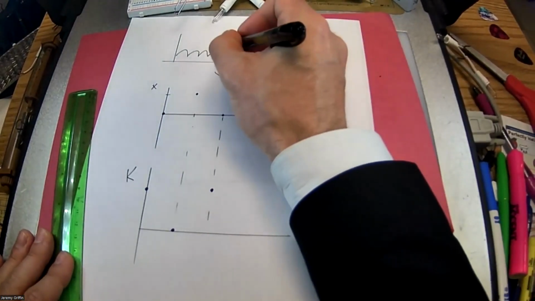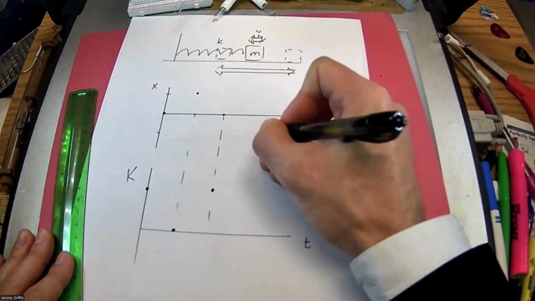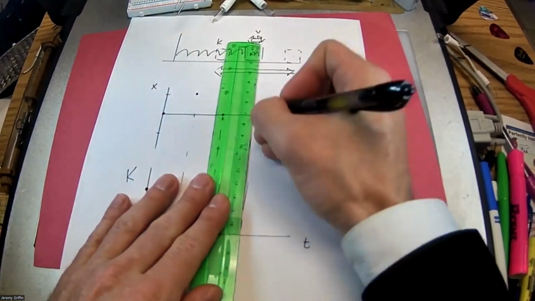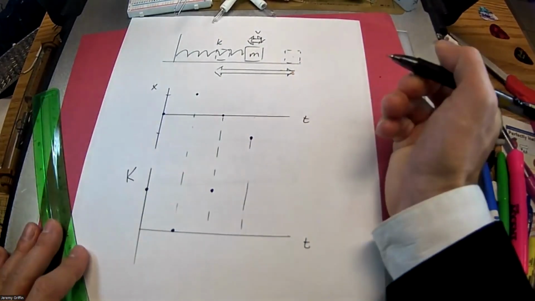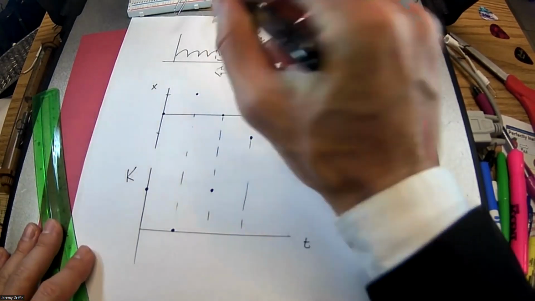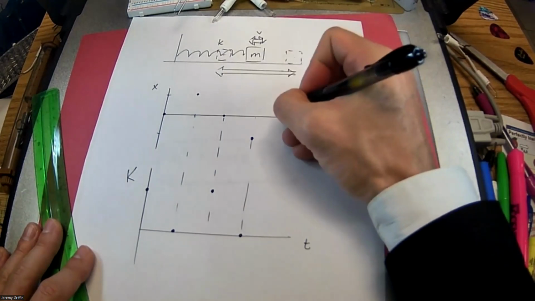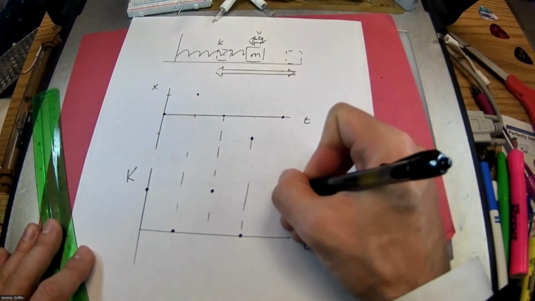Then let's look at maximum compression. Some time later, it'll be over here. So that'd be maximum compression, right there. And then we're at zero kinetic energy again, so that would be right here. And then it'll go back to the equilibrium point, and now we're back at maximum kinetic energy because